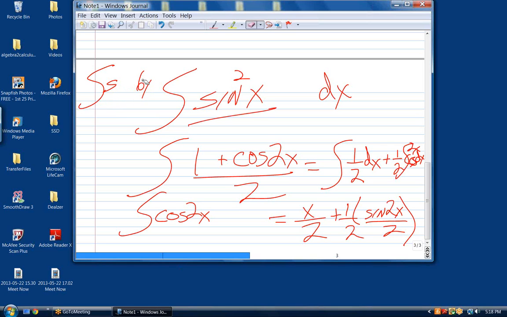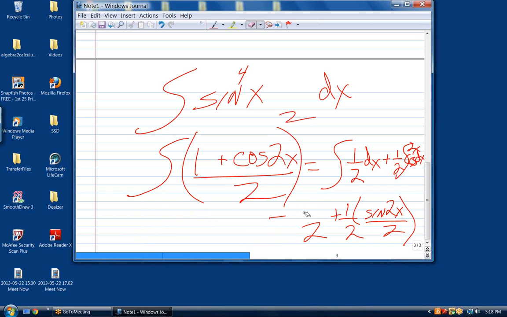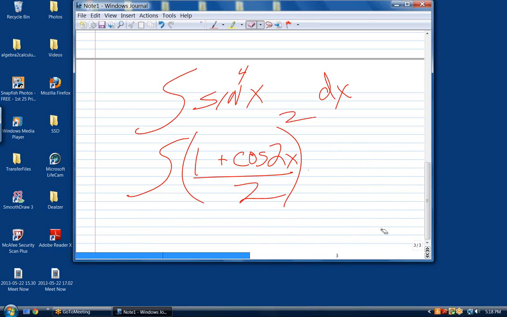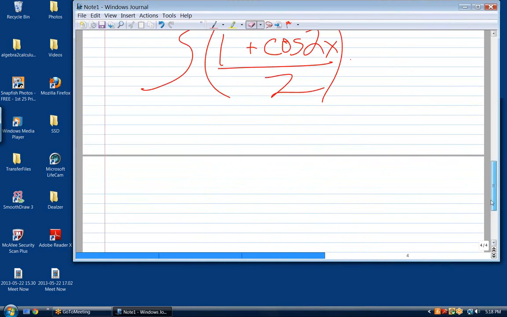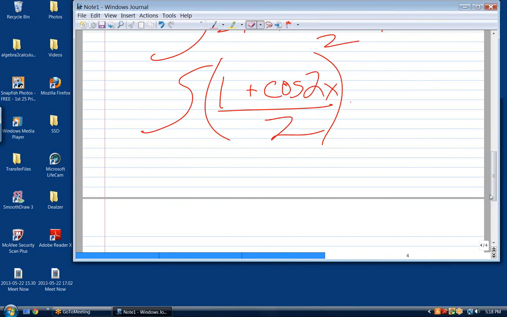So whenever we have sine squared, or in a worst case scenario, let's look at sine to the fourth, how we would do that, we have to break this up into two of these. In other words, it's this thing squared. But that's not really a problem. Notice that if we go ahead and square that thing, we get